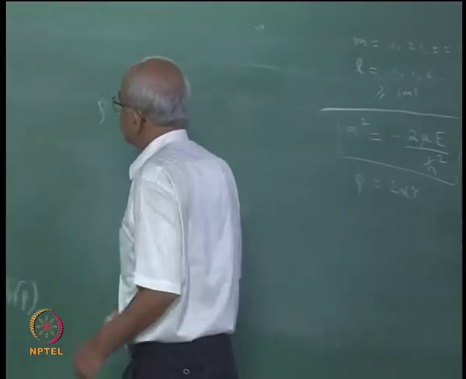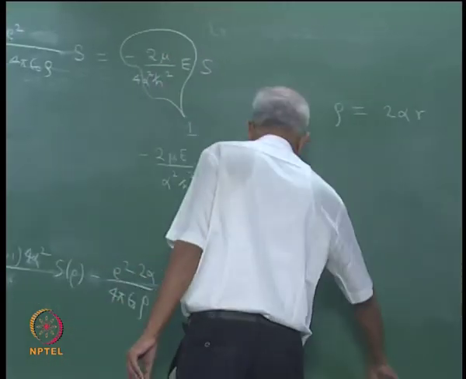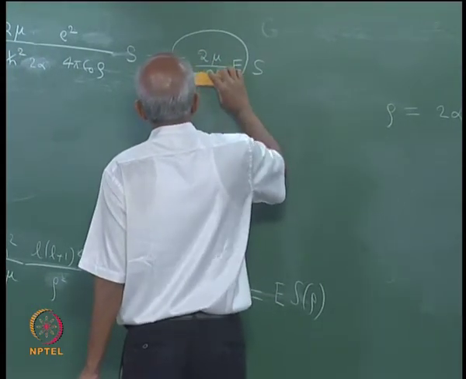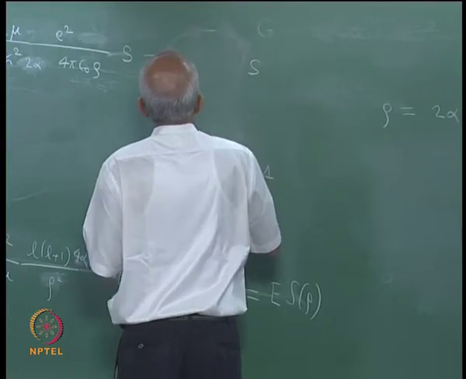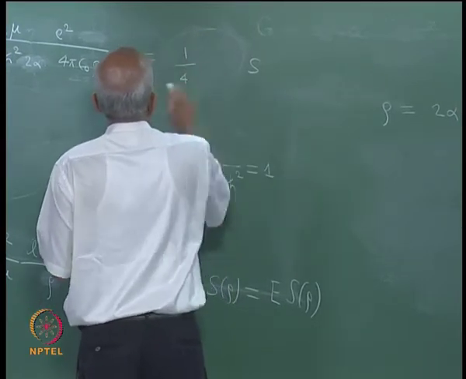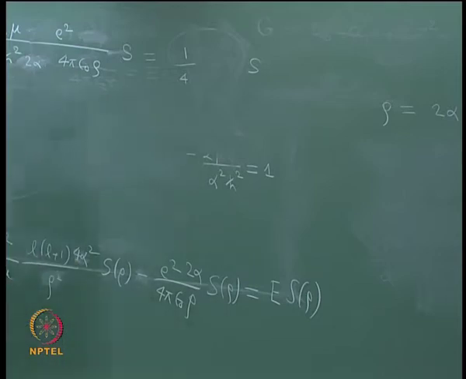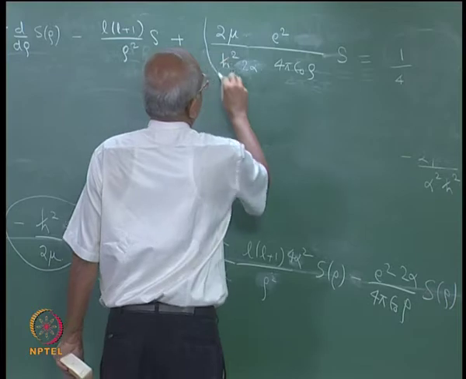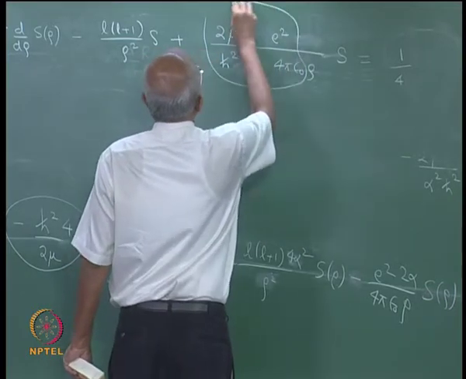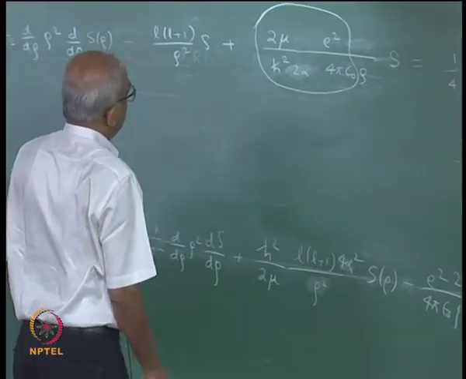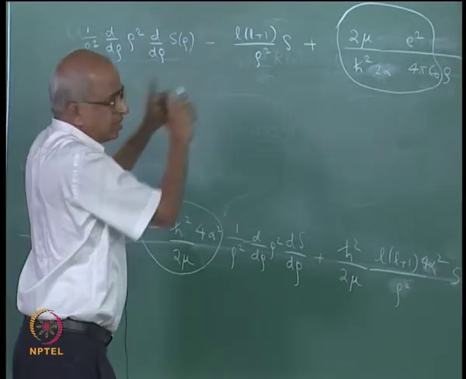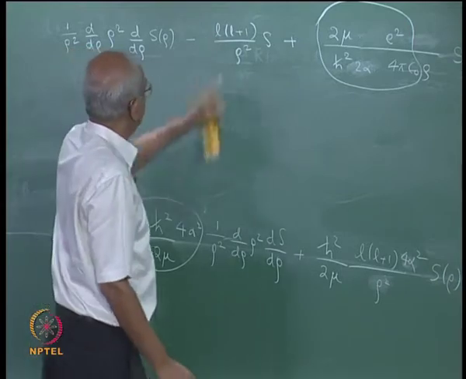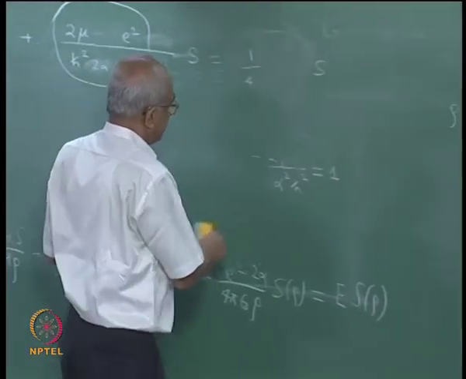So, with this what will happen to the equation? If this is equal to 1, I hope I have not made any mistakes, and this will be equal to 1. So, I will have a 1 by 4 here, and if I look at the right hand side, what is going to happen? I have all these constants, but the constants are occurring only in one part, they are not occurring anywhere else except of course L into L plus 1, but L is a quantum number which can take different values.